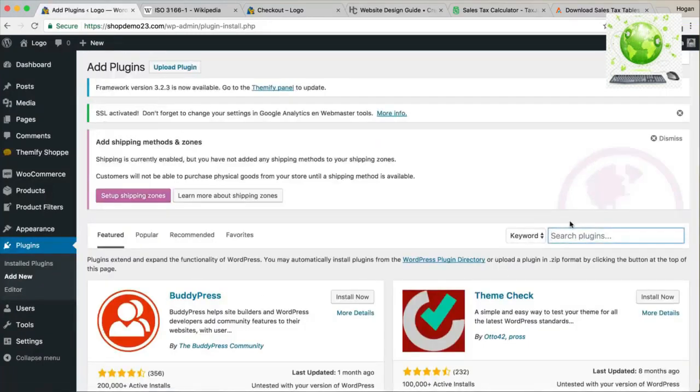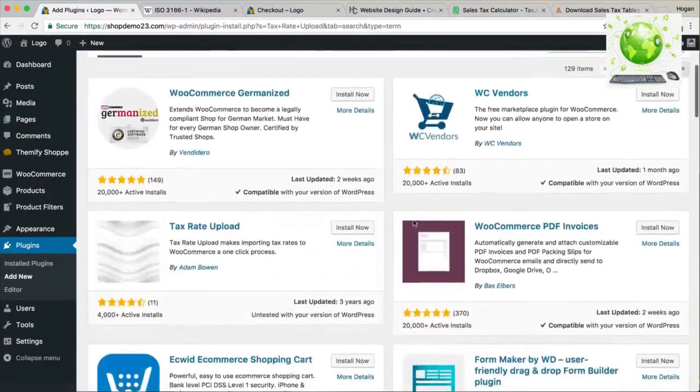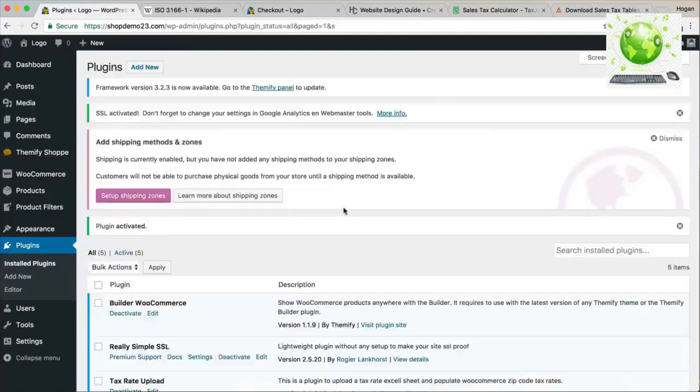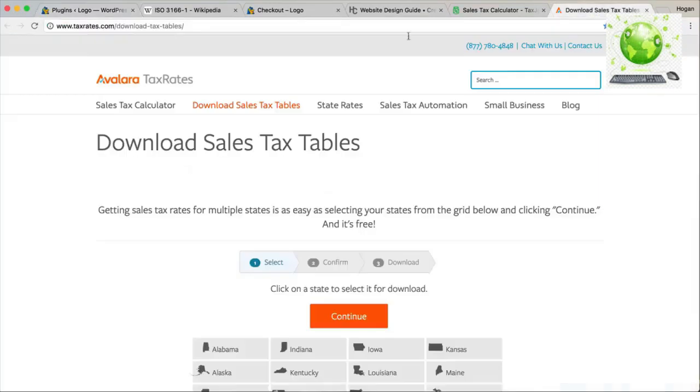And now what we're going to type in here is tax rate upload. Click on enter. Now you want to scroll down here to Tax Rate Upload by Adam Bowen. Install now and also activate it. Alright, so once that is done, then you'll need to go to taxrates.com and then click on download sales tax